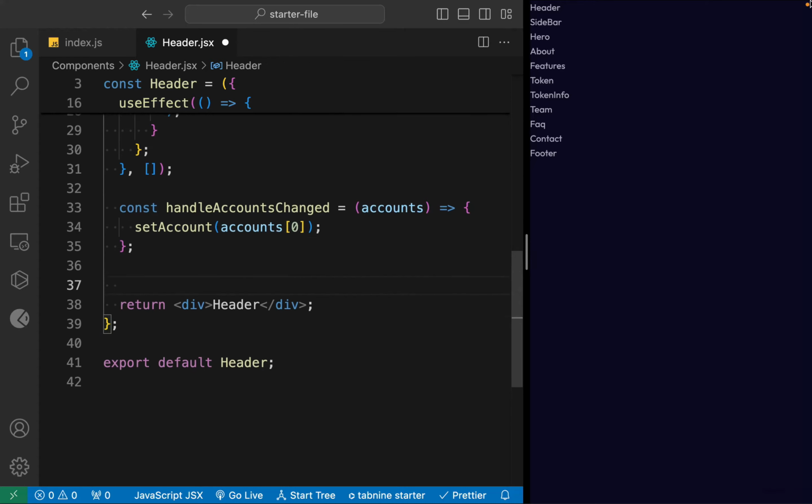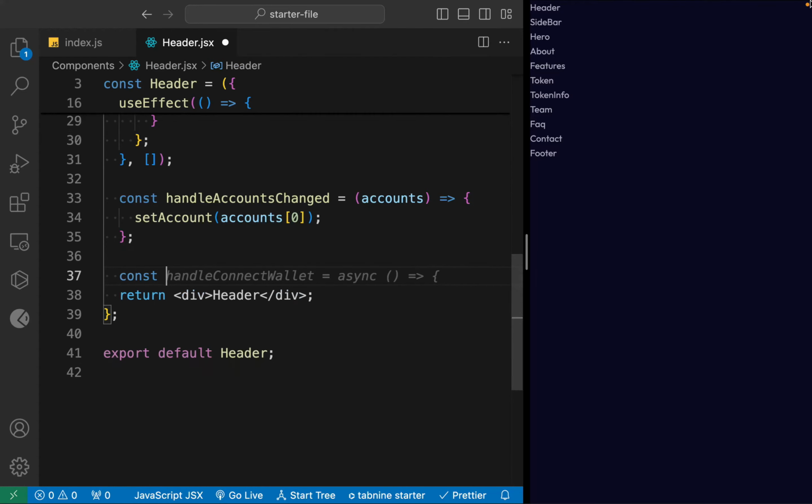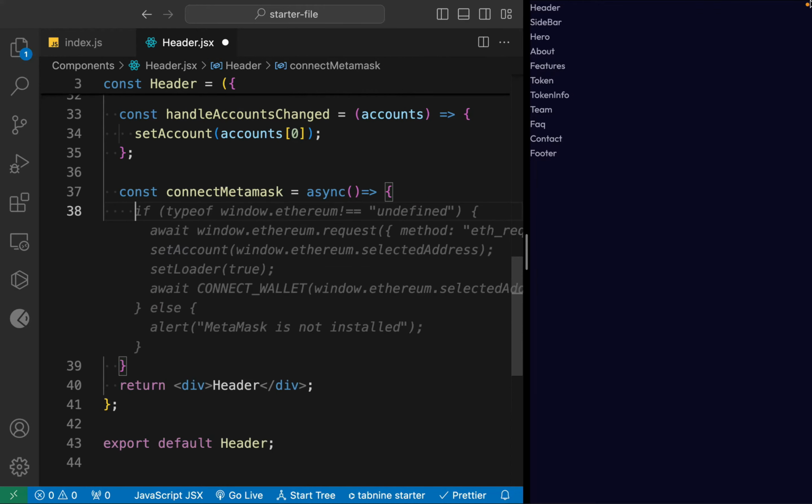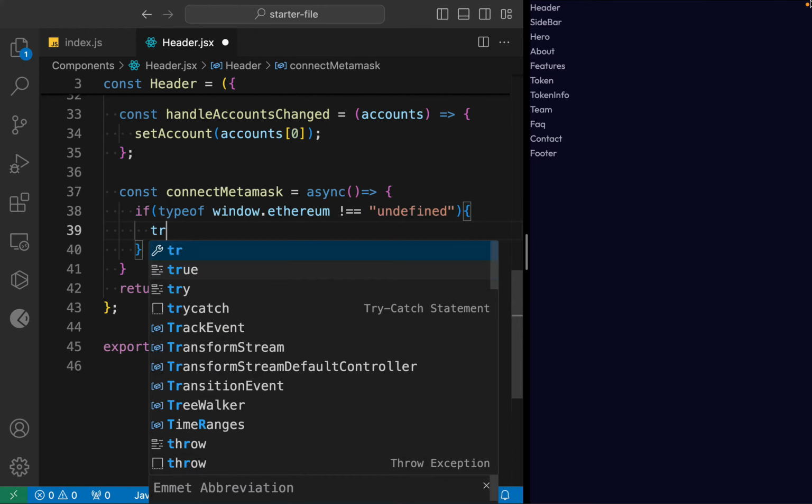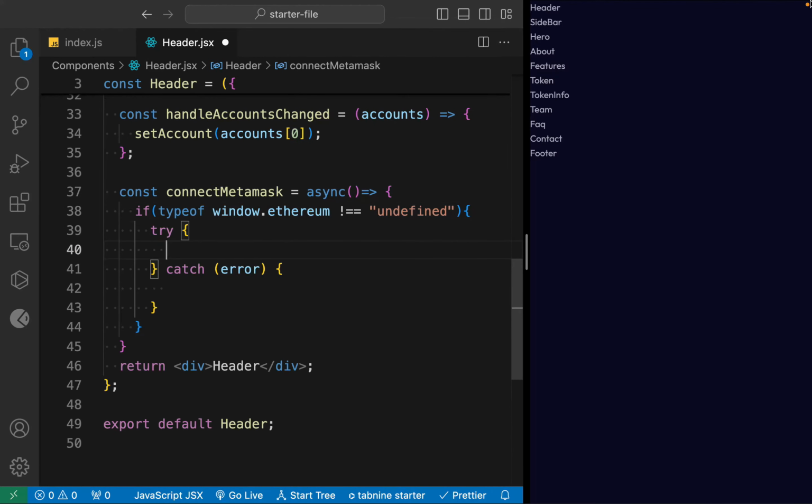Now we can come back here, and here we have to simply build a function which allows us to connect with the wallet. We already have it, but let's build a separate one here. So we'll call this connectMetaMask. It's going to be an async, and here we have to simply take this if statement. We'll say typeof window.ethereum is not equal to undefined. Then we can simply take a try and catch. We can simply say accounts equals await